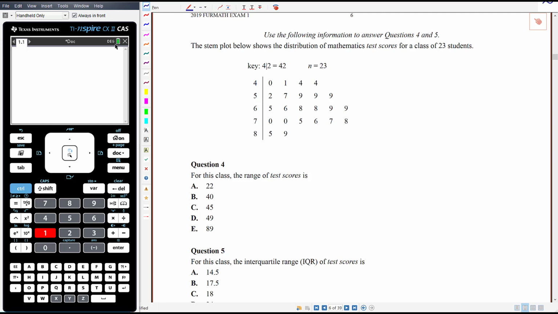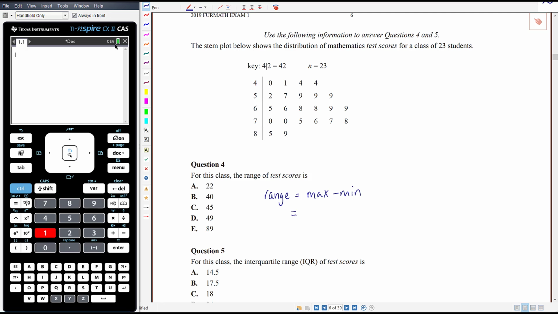Okay, questions 4 and 5 are based on this stem plot, and the stem plot shows the distribution of mathematics test scores for a class of 23 students. We have the key telling us how to interpret the score. For this class, the range of test scores is, okay, so we know that range is equal to maximum minus minimum,